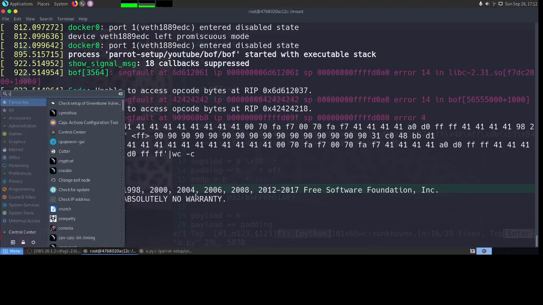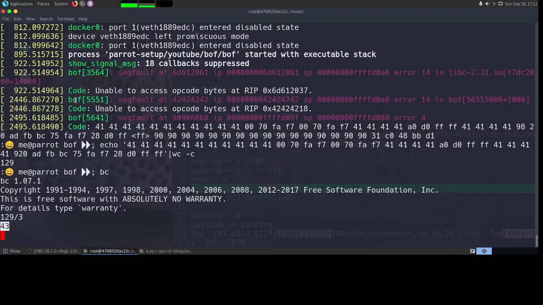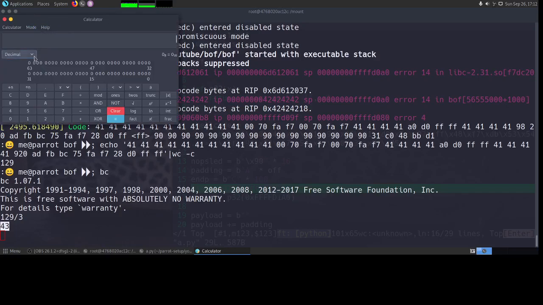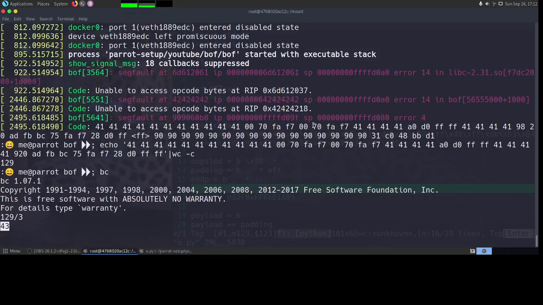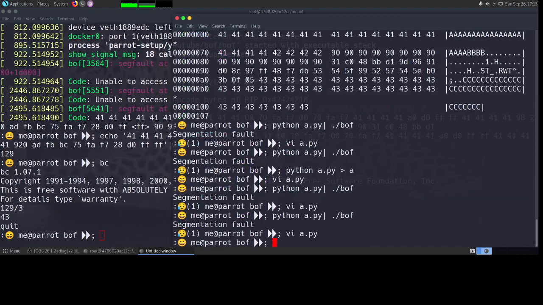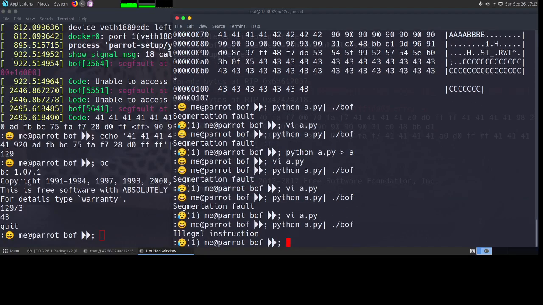Now let's open the calculator and change the mode to programming and hexadecimal, and then add 80 plus 43, that will be C3. So hopefully if we change the last 2 bytes to C3, we should be around the NOP slide.